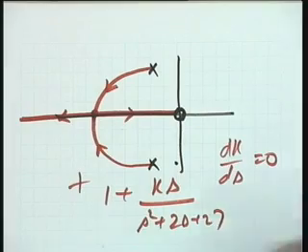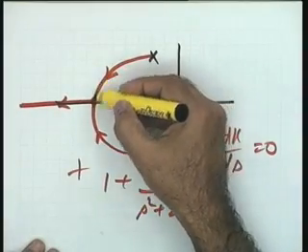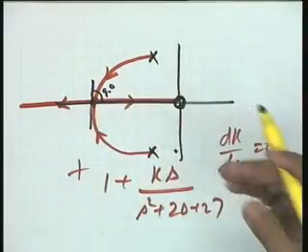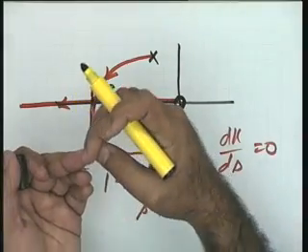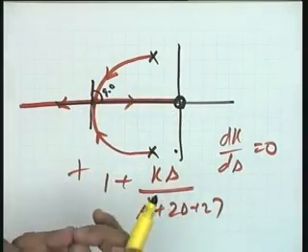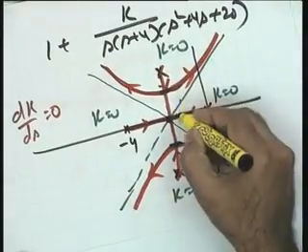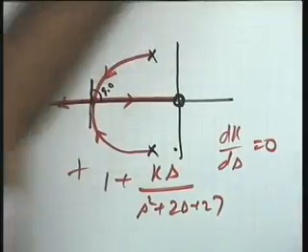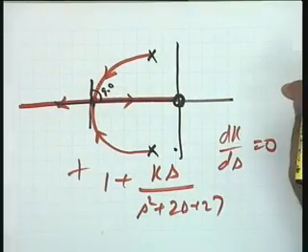So the breakaway is always at 90 degrees. As you see, another point please. As far as this example is concerned, you see there are 2 branches. In this case, the 2 branches are approaching at 90 degrees. So the angle at which the 2 branches approach, or the 2 branches after approaching break away, is 90 degrees, as in the earlier case. For example, this angle is 90 degrees, 2 branches are approaching and break away at 90 degrees. In this particular case, 2 branches will approach at 90 degrees and then break away along 0 or 180 degrees.